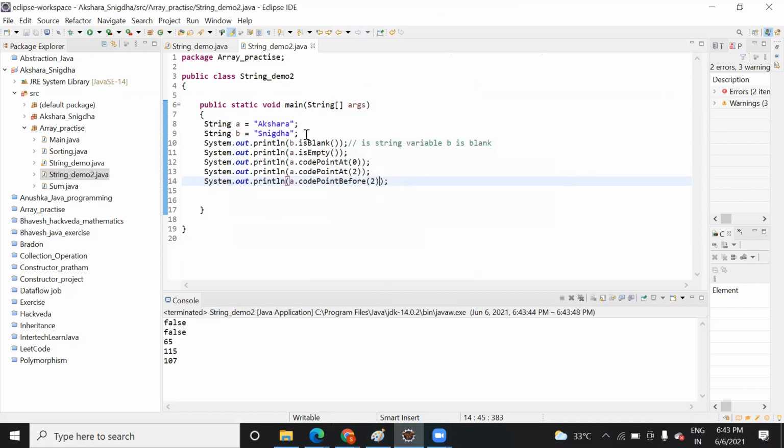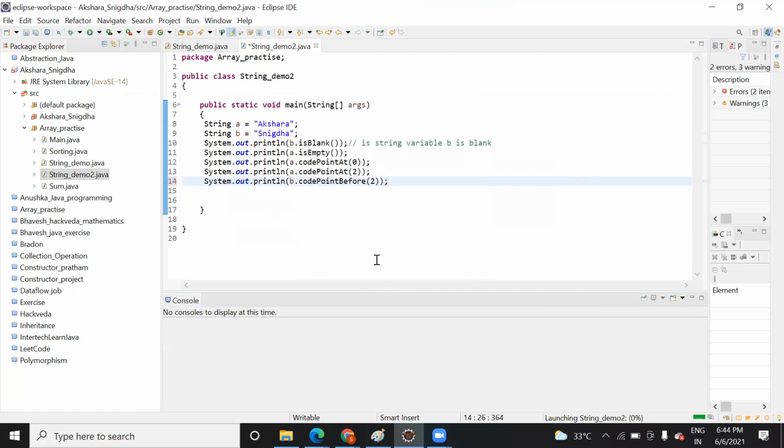So for before 2, what is present? Let's check it in the variable b, and in b the index 2 is I, so it will show you the value n.